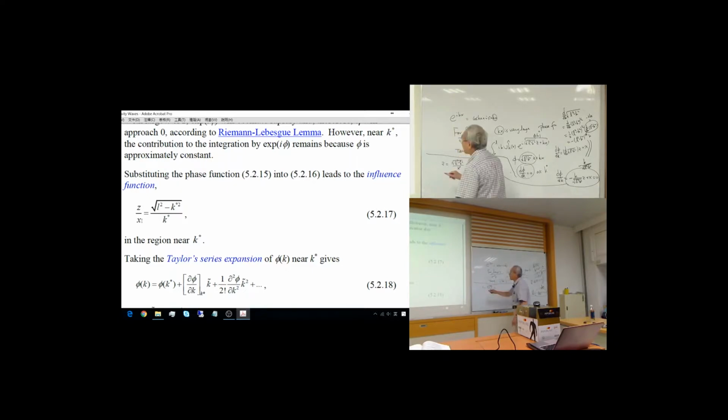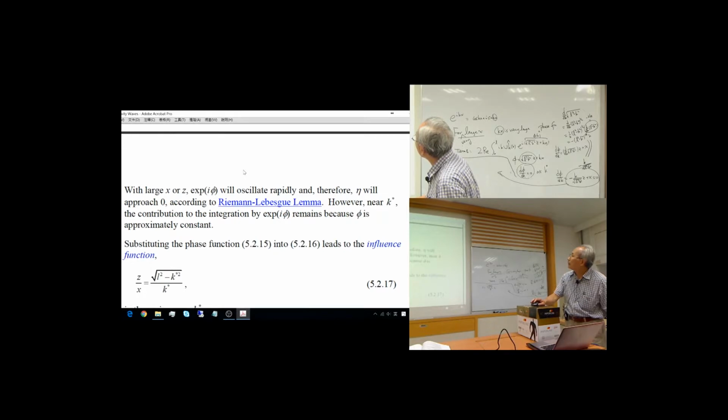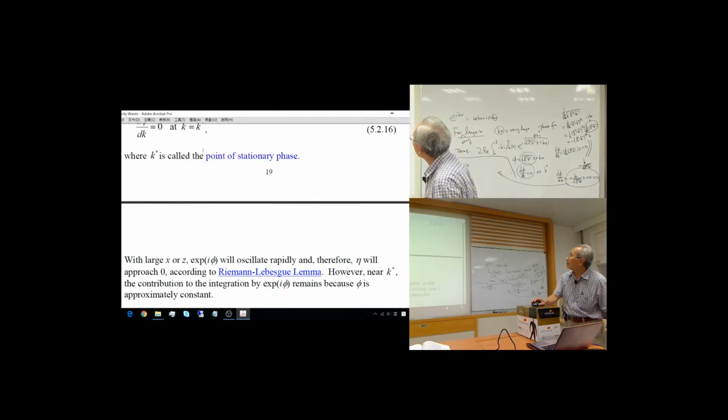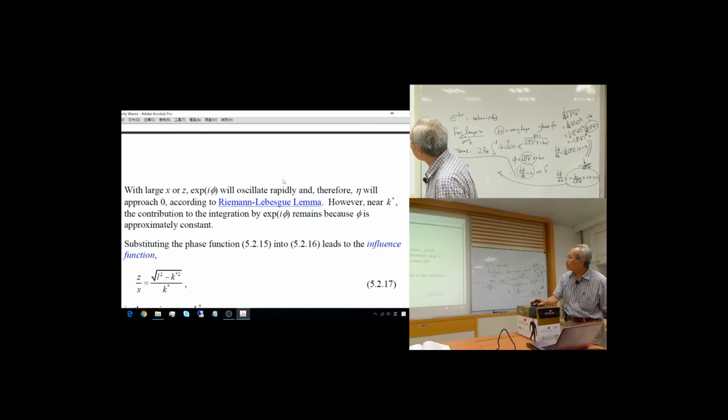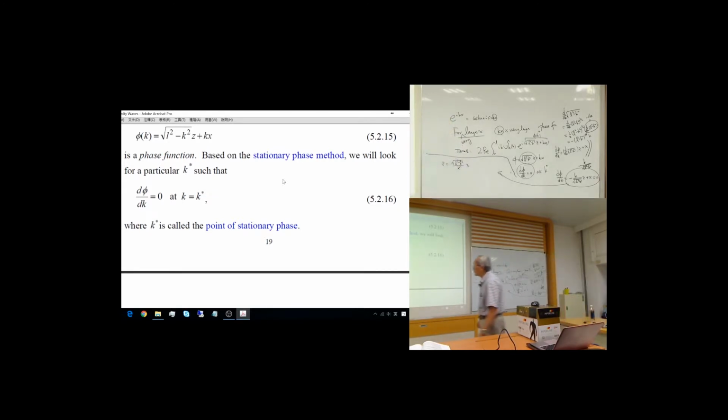Okay, so K star is called the point of stationary phase. At that point, the oscillation cancels out, because at this place that means